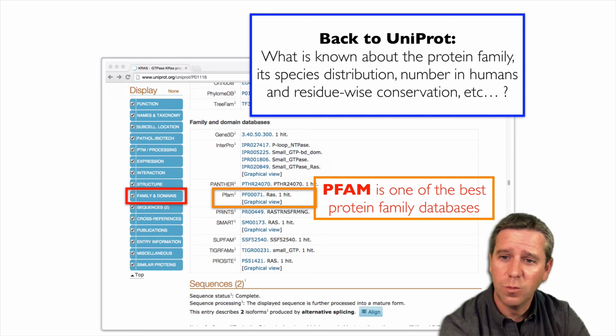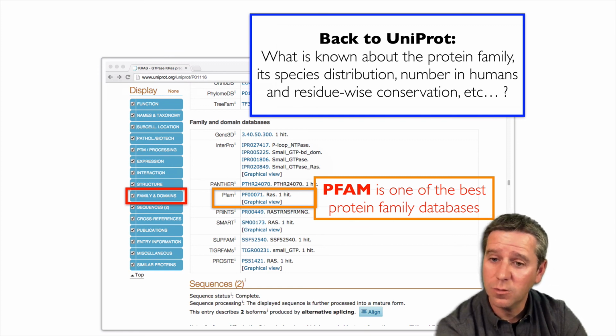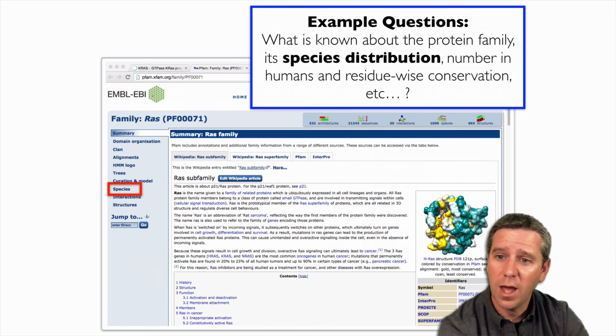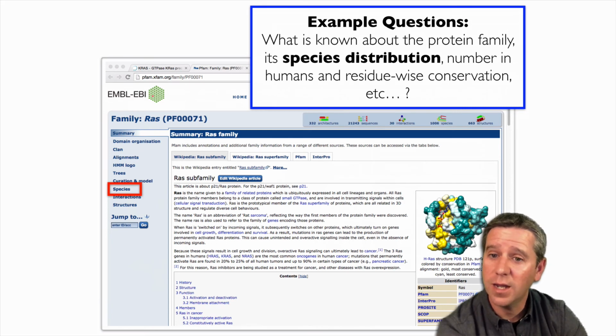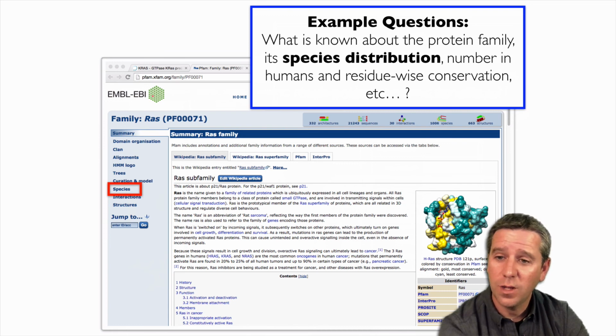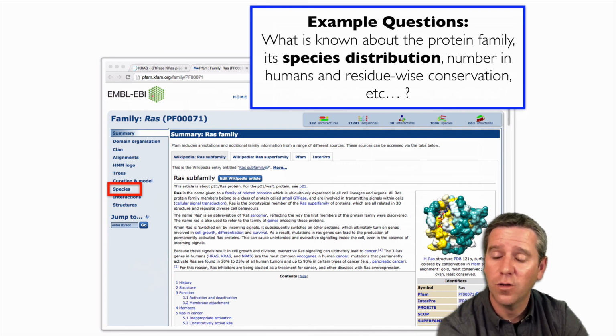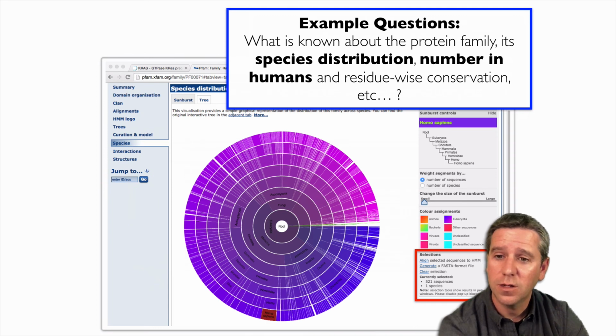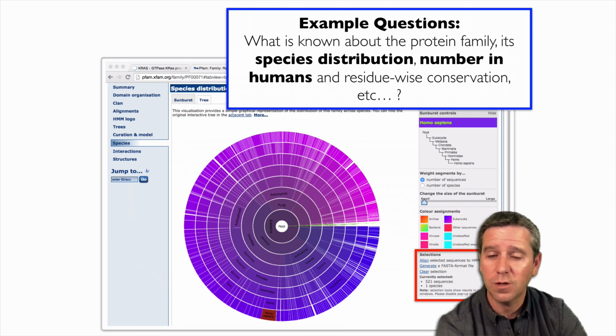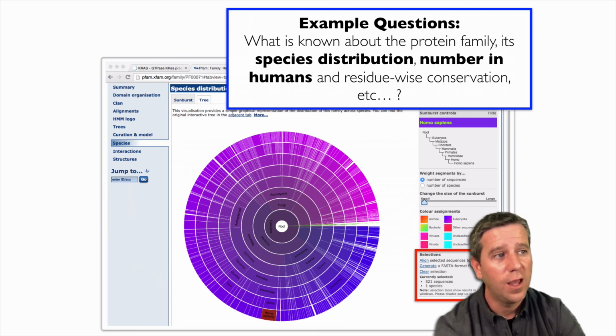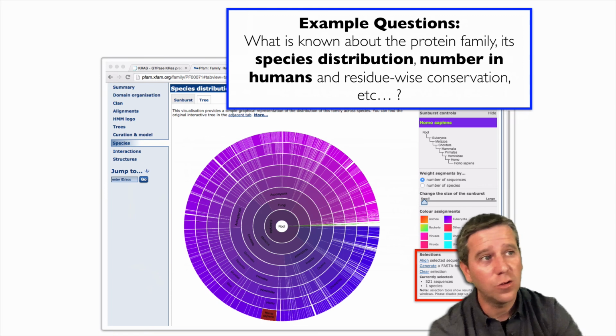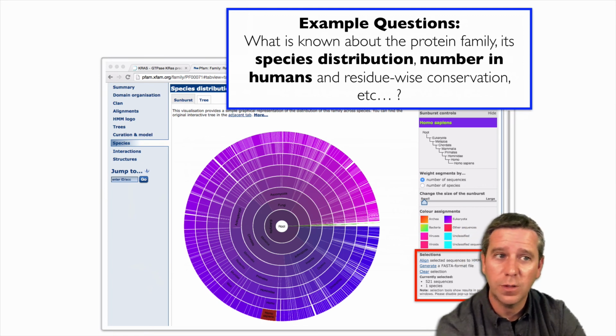Now, Pfam is one of the best protein family databases. It's maintained out of the EBI again, so we click here, off to the EBI, and we can read a kind of Wikipedia-like entry on a given protein family here. We can also click off onto species, and we can see this chart here showing it's all purple. This means it's all in eukaryotes. We could put our mouse over humans. We could find out how many there are in humans, for example, or any other species here by